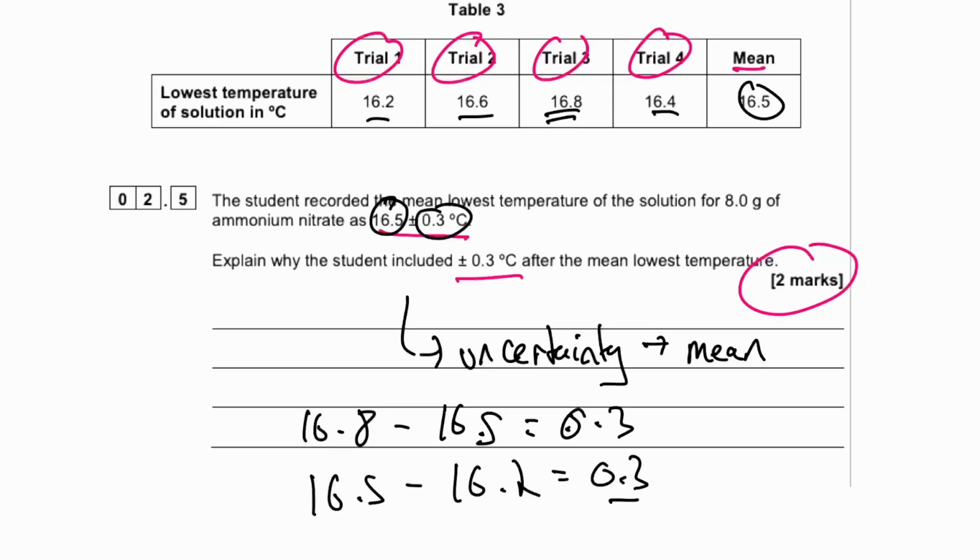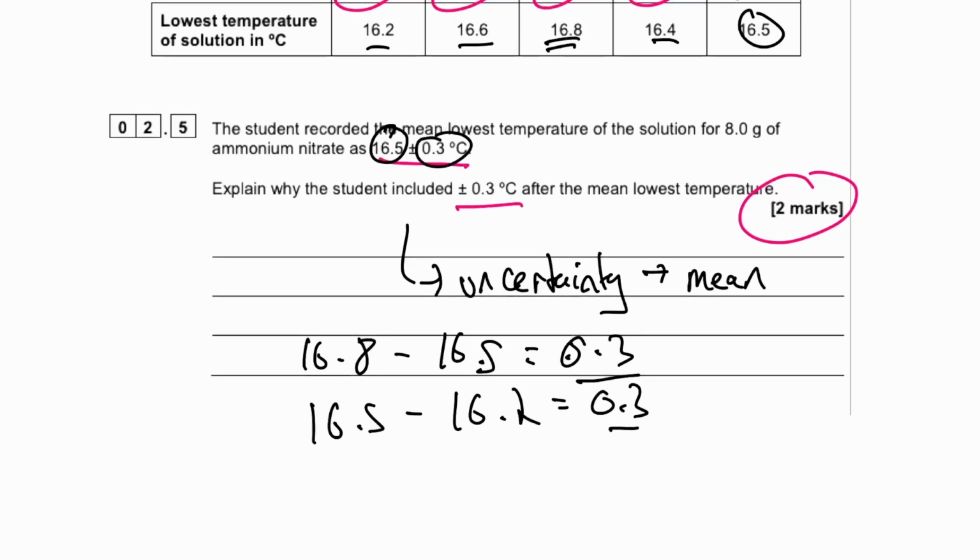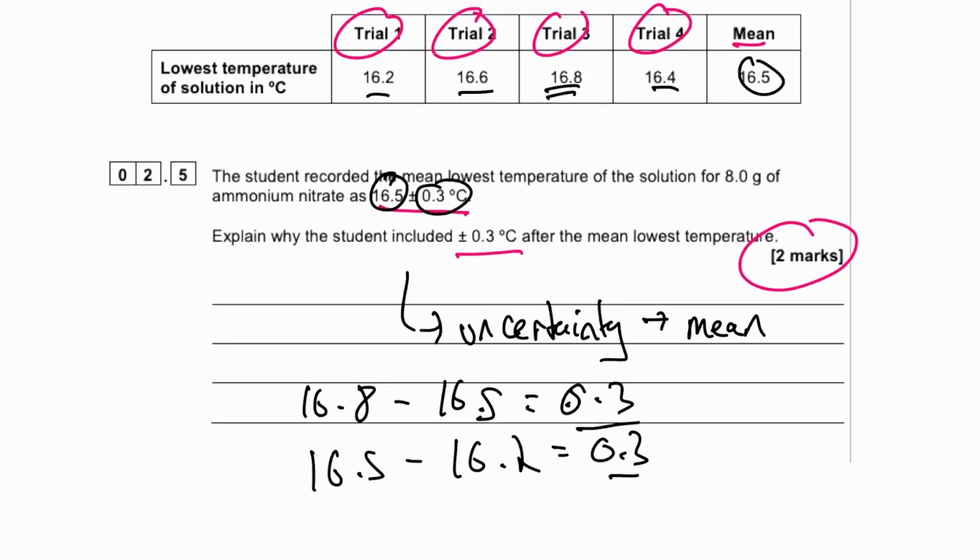So you can see in this case, the range is clearly 0.3. You can go 0.3 up, you can go 0.3 down. So it's plus minus 0.3 that is going to be your uncertainty, since that is the range of your results, very simply. Now, a really common misconception with this one is a lot of students worked out the range